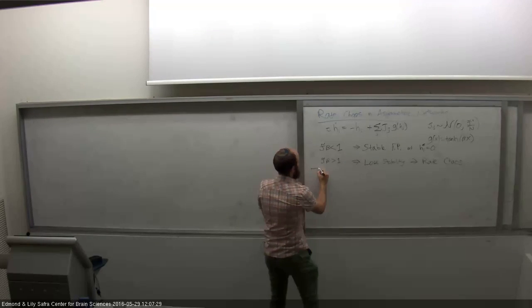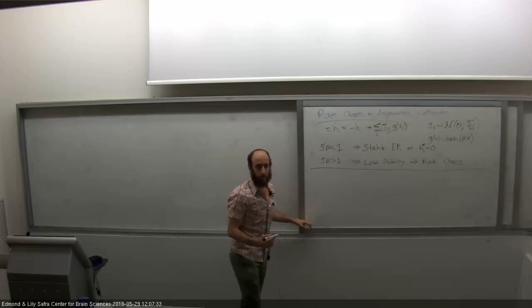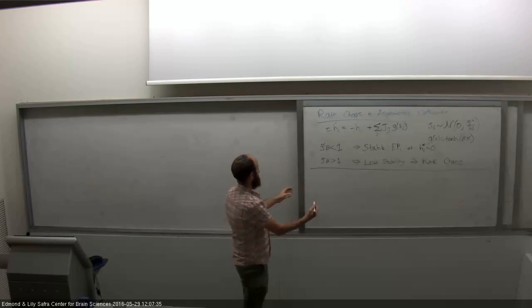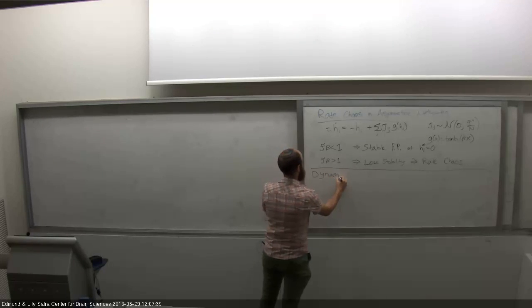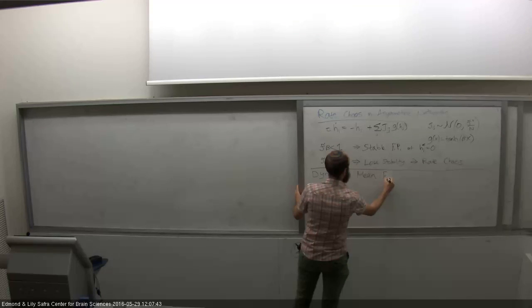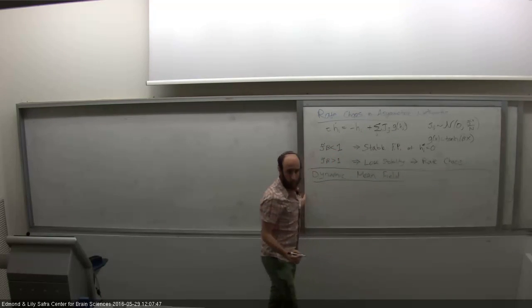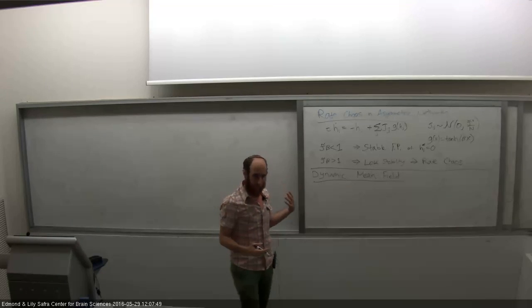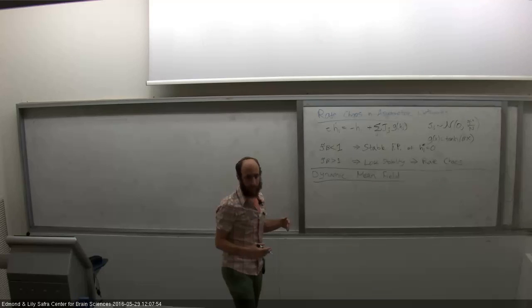So the approach that we use to solving the statistics of this model is called dynamic mean field. And what we're going to do, as I partially described a few weeks ago or a month ago or whenever it was,